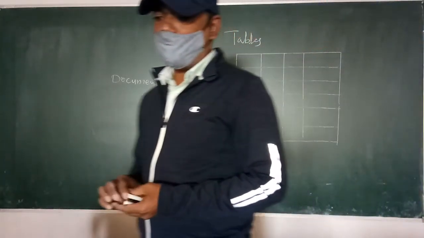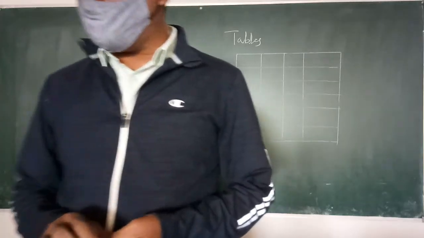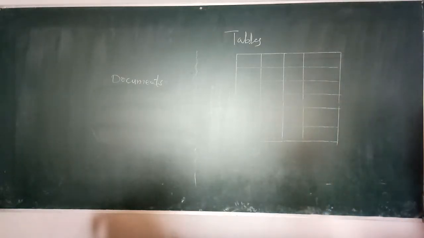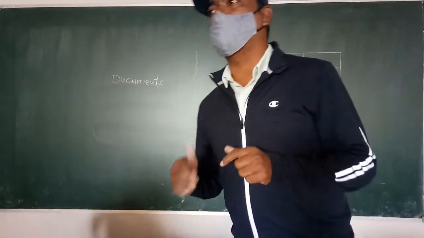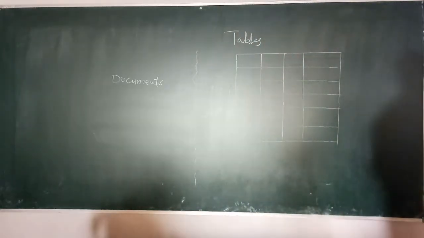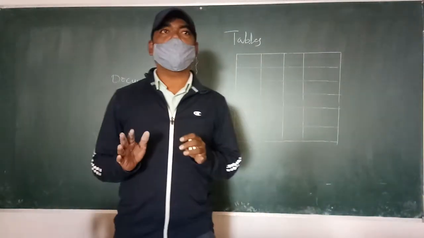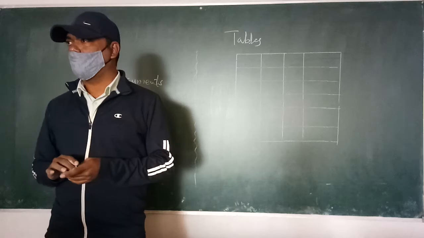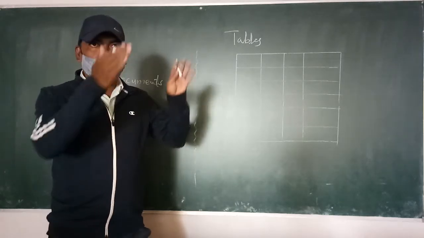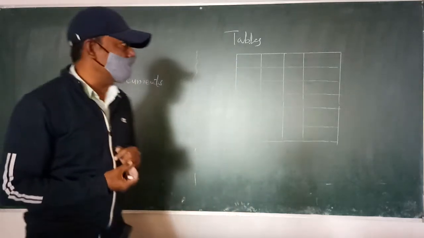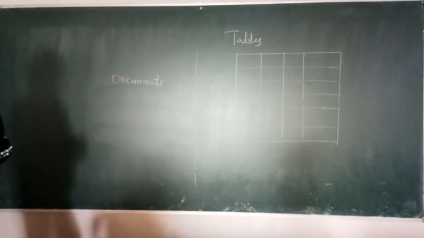In the first passage you can see that organized information is much easier to understand than unorganized information. So to organize information, we use tables to keep all information in an organized way. So let us start with how to create a table in Microsoft Word.